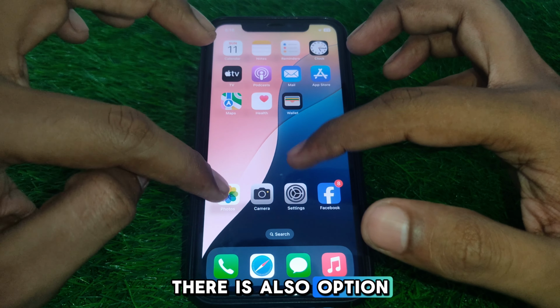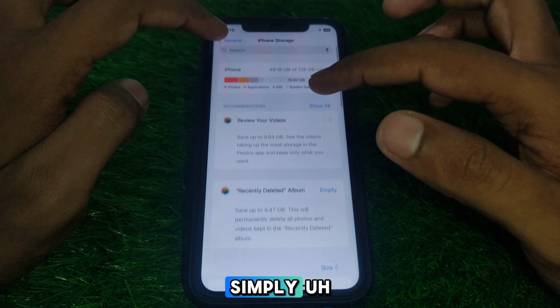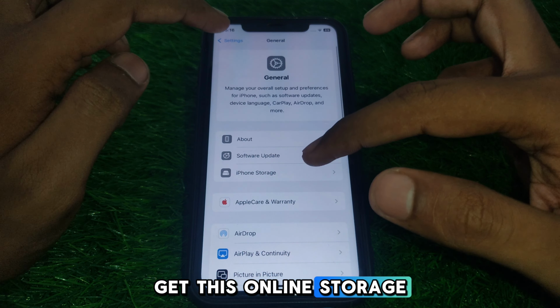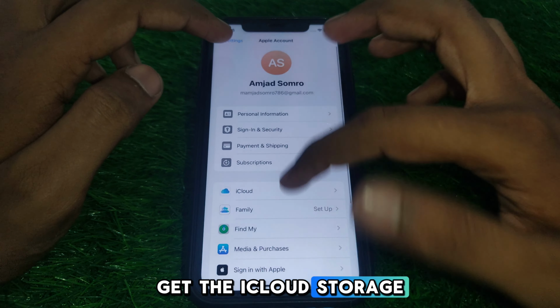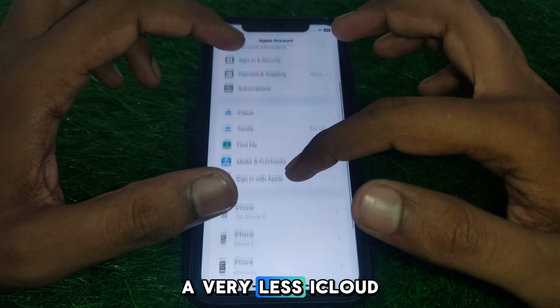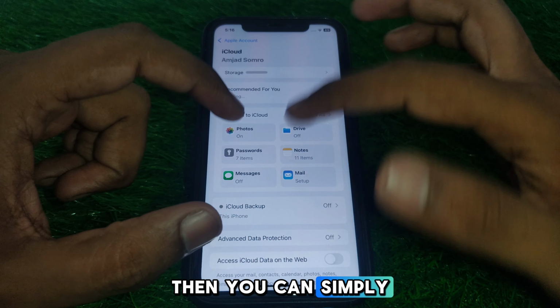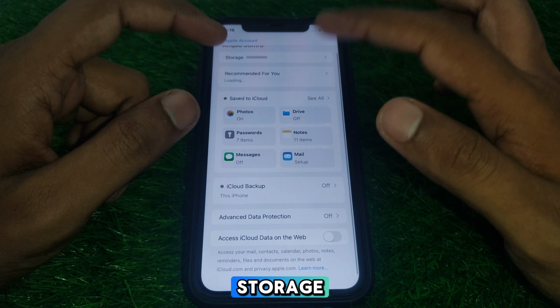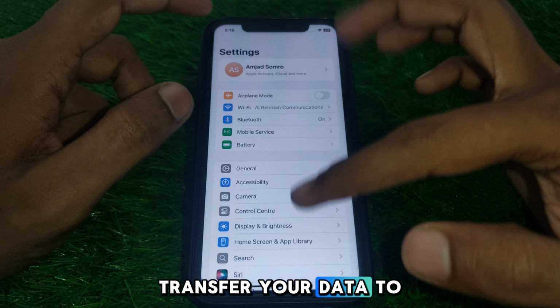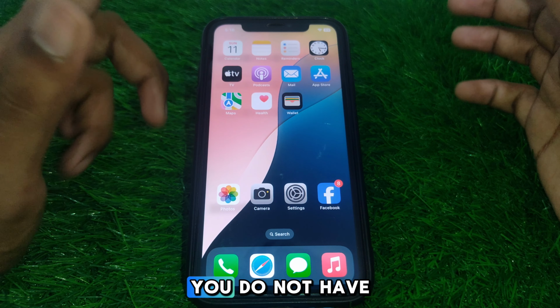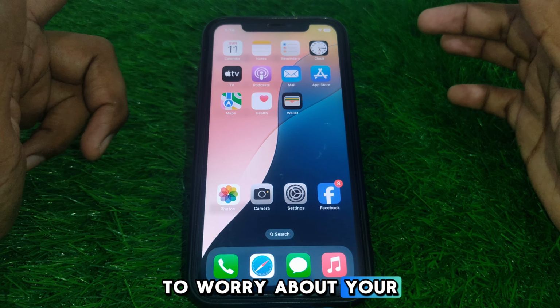Moreover, there is also an option available that you can get online storage, which means you can get iCloud storage. So if you have very little iCloud storage left, then you can buy new iCloud storage, and after that you can transfer your data to iCloud, and after that you do not have to worry about the space on your